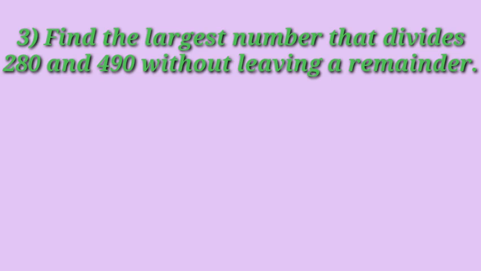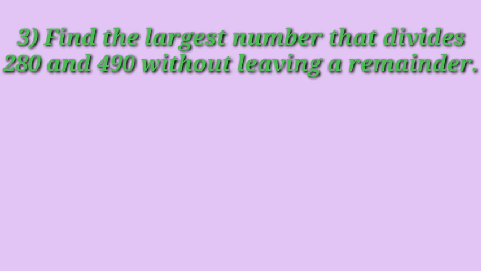So you take the factors. For 280: 2 1s are 2, 2 4s are 8, 2 0s are 0. Divisible by 2: 2 7s are 14, 2 3s are 6, 2 5s are 10. So 35 is divisible by 5. 5 7s are 35, 7 1s are 7. So the prime factors of 280 are 2 into 2